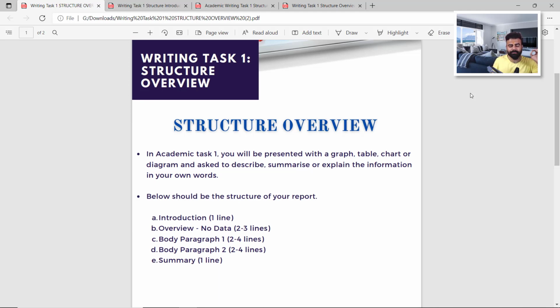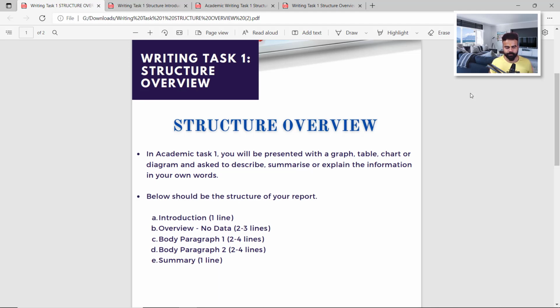I simply give them a very simple and understandable structure that is clear to understand, easy to write for students, and easy to understand for the examiner as well. Right, so that's what our main focus should be in writing. We need to write a structure that is easy, yet looks so appealing, and at the same time is easy to understand for the examiner. If you can do this in your writing, in fact in essays also, you can easily score 8